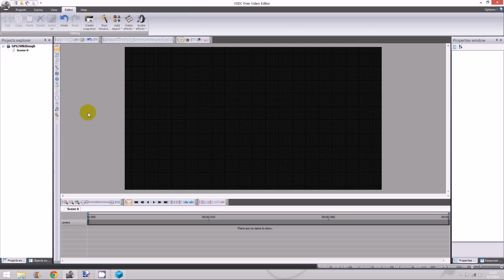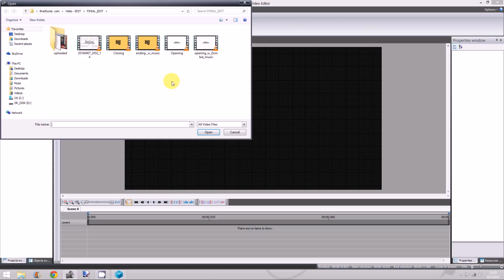VSDC Free Video Editor does this in layers, kind of like Adobe Photoshop or Paint.net, which is this program right here. It's another freebie. And what I do is I hit this little button right here to import a video. This folder pops up, which is where I store all of my video. I have